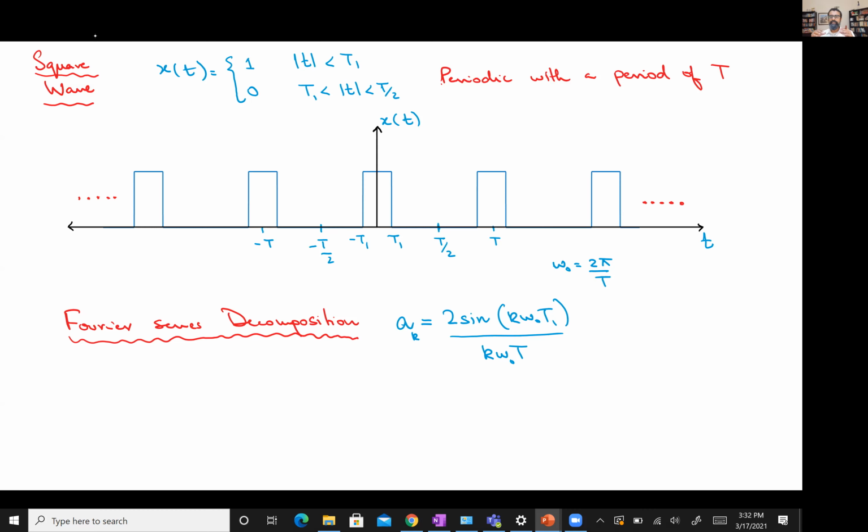What we are going to do now is try to extend the same set of ideas to aperiodic signals, so signals which are not periodic, right? And that's also one of the contributions that Fourier made. The way I'm going to go about this, as the textbook does as well, is to derive the Fourier transform relationship by looking at the analysis for Fourier series first and trying to generalize it for aperiodic signals, right? So I'm going to start this out with this particular example that you see on your screen.